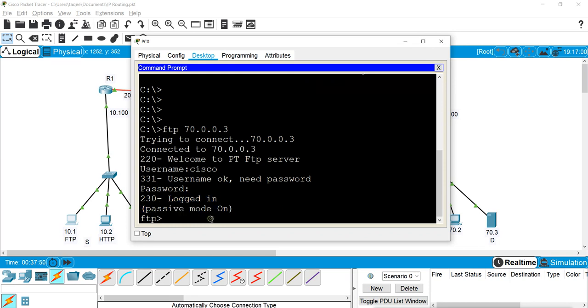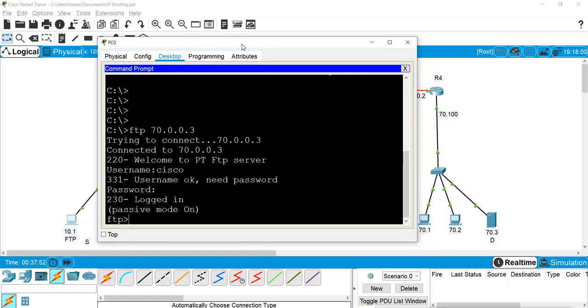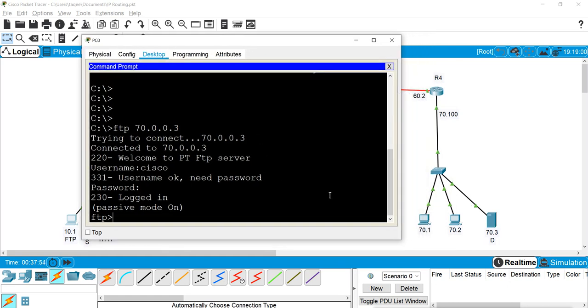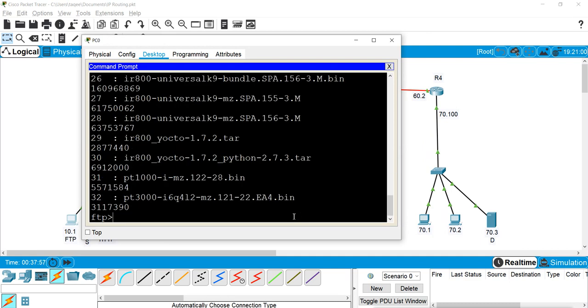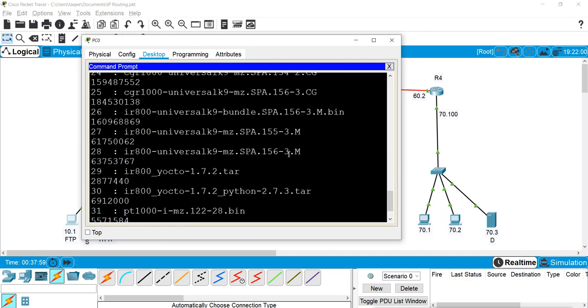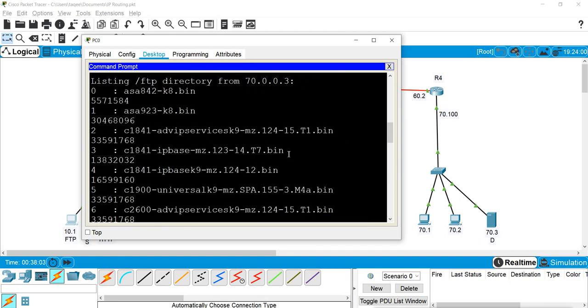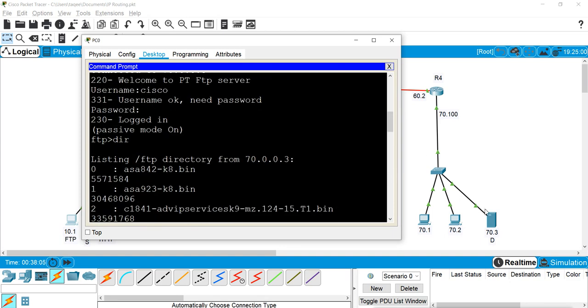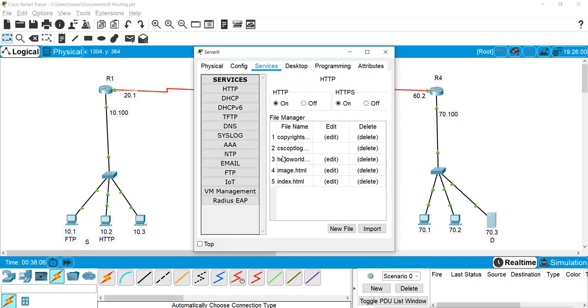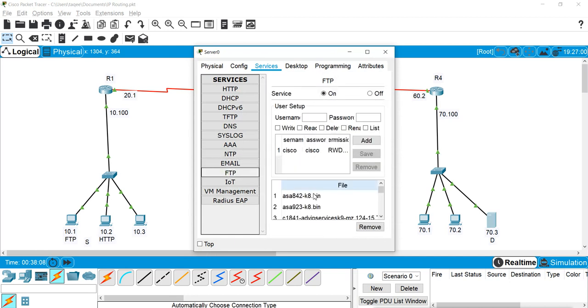So where I am logging in, I am actually logging in on this server. We can check the files there. These are the files available on the FTP server, and we can verify here on this server. We can click on FTP and we can see these are the files. These are the files available on this server, and this is the username and password.